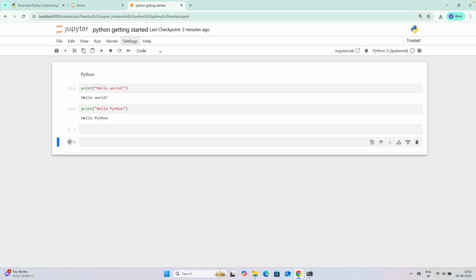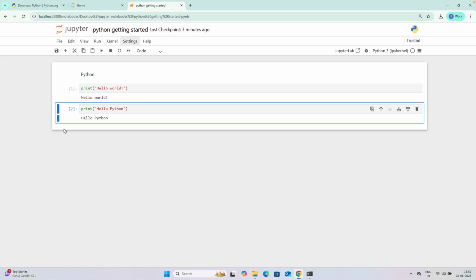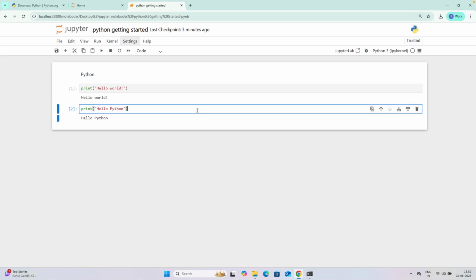If you want to delete a cell, you can select this and press this delete symbol, or again select this somewhere here and press D. So double D would delete it. I'm selecting here and pressing D 2 times, so that would delete it. So this is how you can delete it, or press it over here. This is how you can write your Python code in a Jupyter notebook environment. I hope this is useful to you. In the next section of the video, let's understand about PyCharm installation.